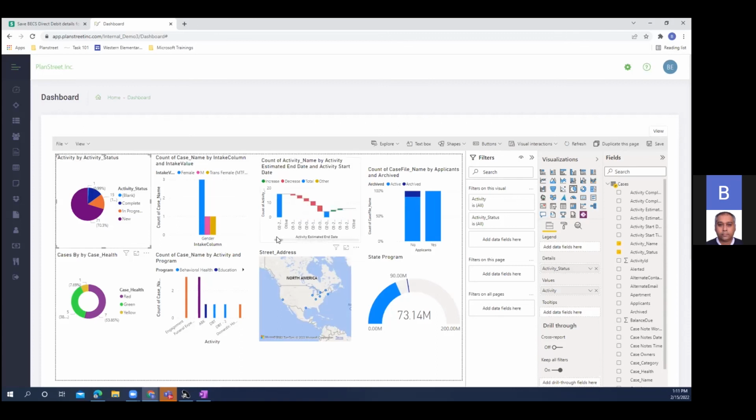Over here, I'm doing a simple count of how many cases are applicants, how many are active, and how many are archived. So here we can see for applicants, I've got 3 total applicants in my system. I have 15 actual cases that are active, and I've got 1 that's actually archived. Or 2, sorry, 2 that are archived. So it's really easy for you to go through and